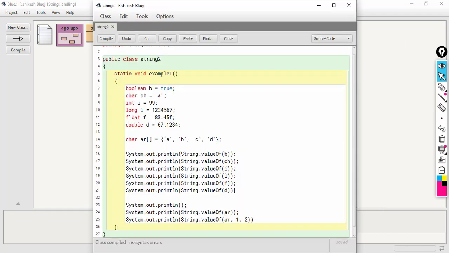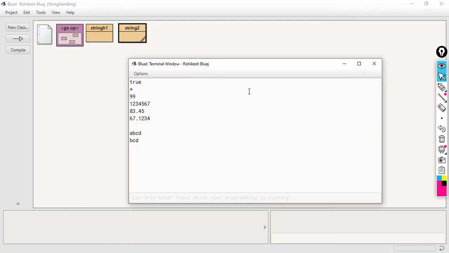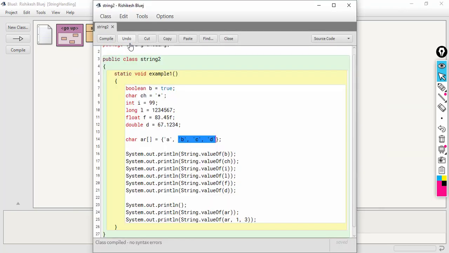Now if I make the count 3, what will happen? It will start from here, and you want 3 characters, so 1, 2, 3, that is BCD. So the output of this should be BCD, as you can see. And what if I make it 1? That means it will start here and stop here, it will just give me this one single character in string form.